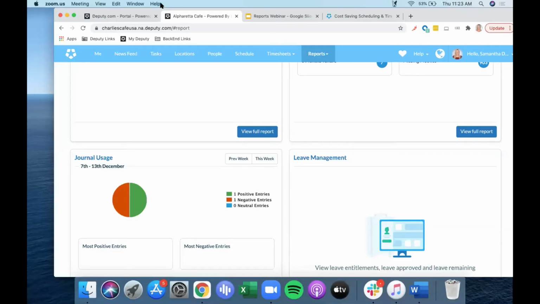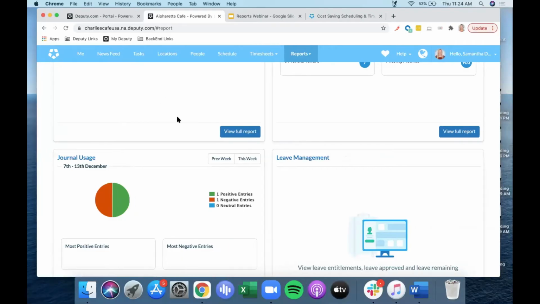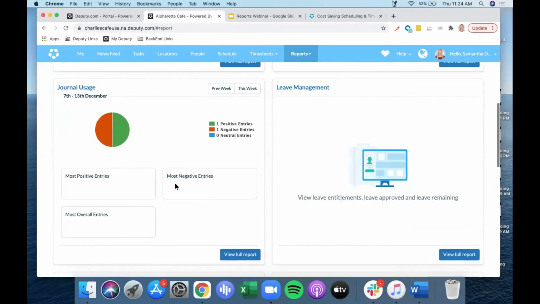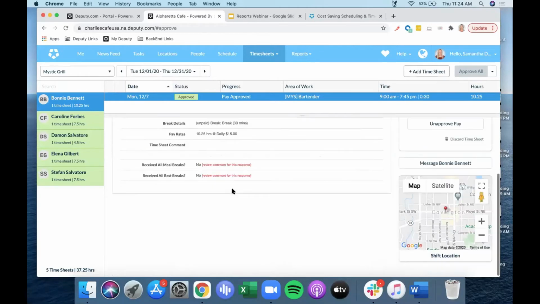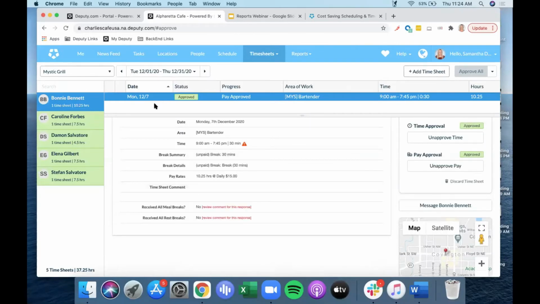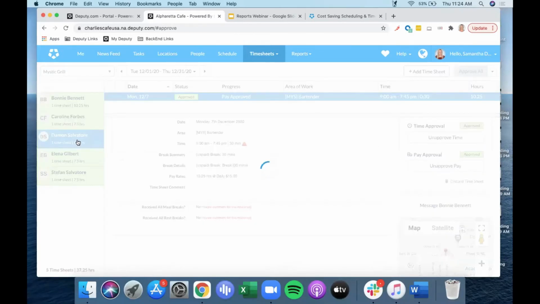So in the journal usage report, no, those comments cannot be seen by employees. So if we go back into that report, these are comments that are left on the timesheets after the employee has already worked the shift prior to the approval. So if we just go to one of the timesheets that has